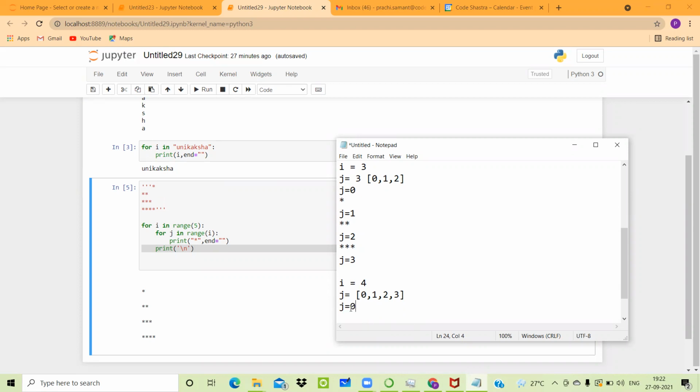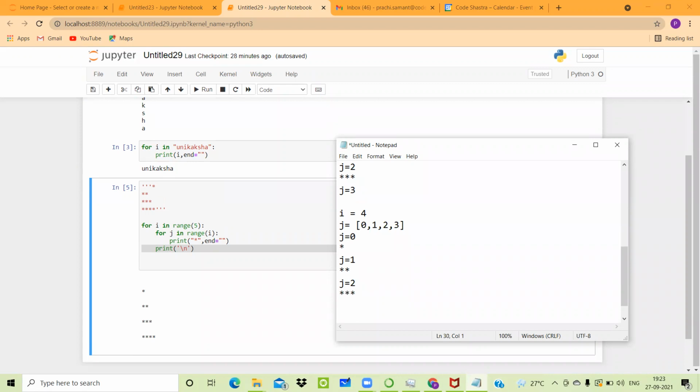So first time the value of j is equal to 0 in the inner loop. It will check that yes, 0 lies in the given range. That's why it is going to print 1 star. So 1 star will come. After that the value of j will be incremented. J will become 1 now. 1 lies still in the given range. The condition is still true. So it will add one more star to the existing star. After that, the value of j will be incremented. The value of updated j is equal to 2 now. Again, it will check whether this 2 lies in the given range of values or not. Yes, the condition is true. So 1 star will be added.